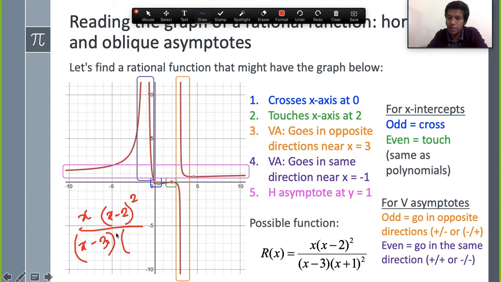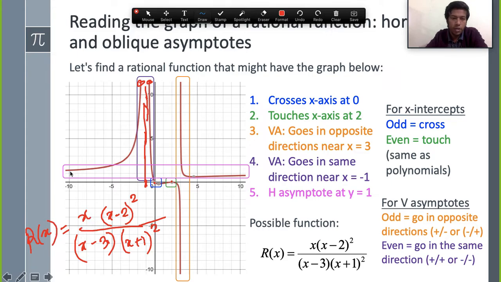We have two classes on this graphing, so this is the first class, that's why we are just looking at the core concepts, main ideas, etc. And there is another asymptote here at minus 1, a vertical asymptote at this line at minus 1, so it must be x plus 1. And both of them are going in the same direction, that means the power is 2 or maybe 4, etc., etc. But roughly this is our